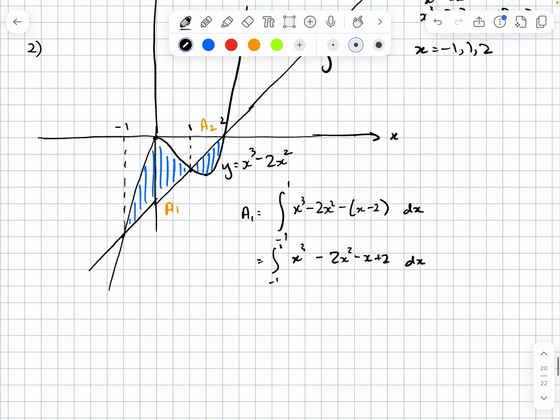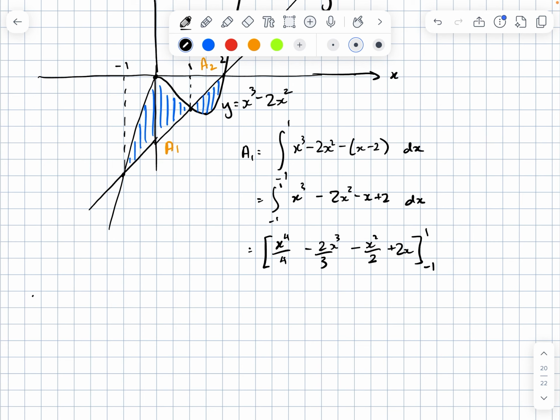We can integrate that. We get x to the power of 4 over 4 minus 2x to the power of 3 over 3 minus x squared over 2 plus 2x between 1 and -1,